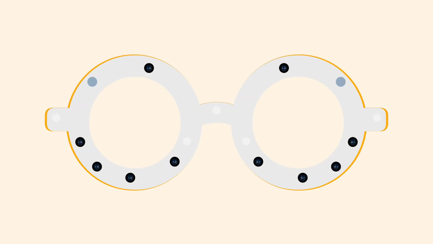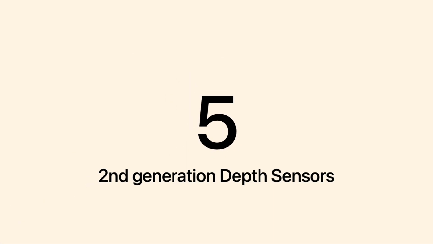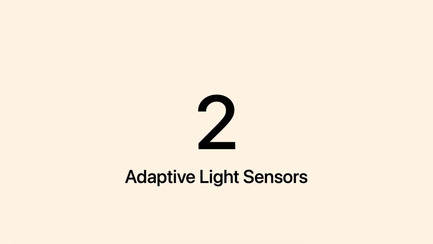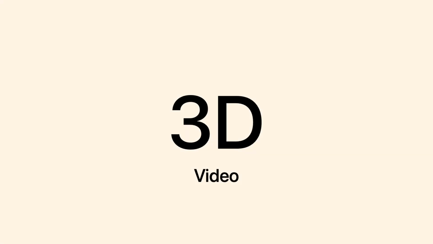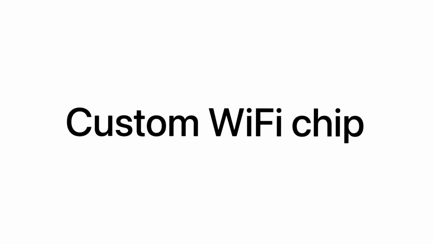One of the first things you see with Orange Sight Air is its advanced camera lineup. Like all new Sight products, Sight Air features 9 high-res cameras, 5 all-new second-generation depth sensors, and 2 adaptive light sensors, which work quicker than on any other Sight product ever made. And, this camera system supports 3D video, allowing you to capture life's most precious moments. To remain fast and efficient, Sight Air also features our custom Wi-Fi chip, and a custom cellular modem, with support